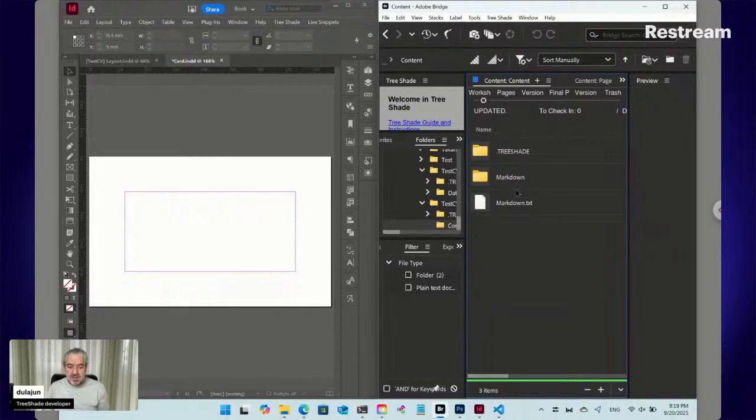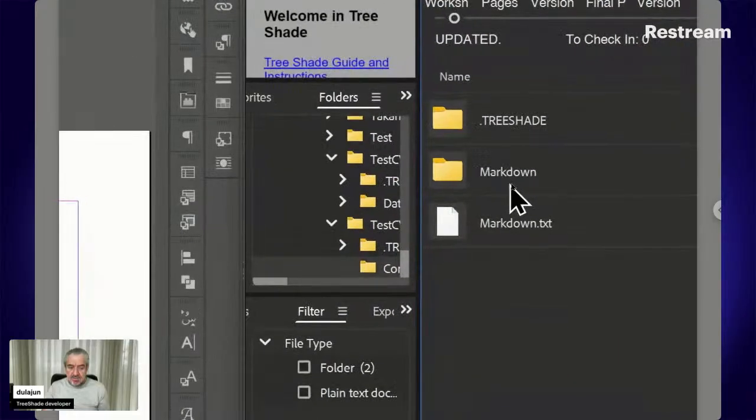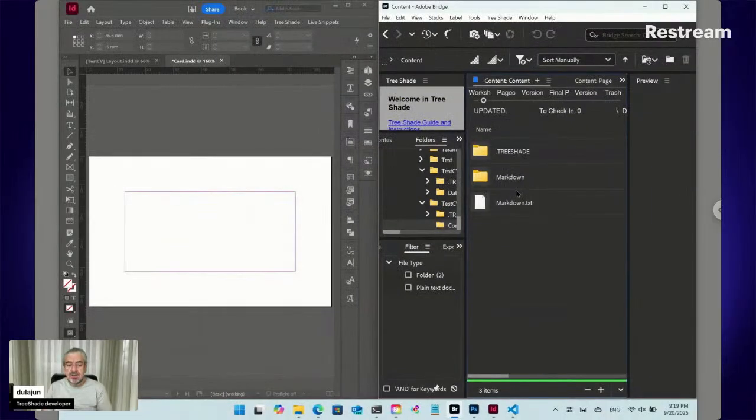Now we have a new text file, markdown.txt, and also a paired folder for the content called Markdown. They must match, so TreeShade makes the connection and pairs them together. Now we can place markdown.txt inside the InDesign document